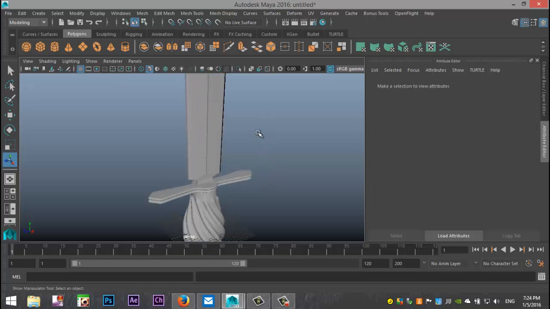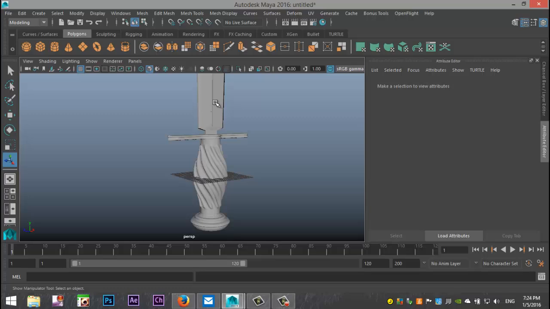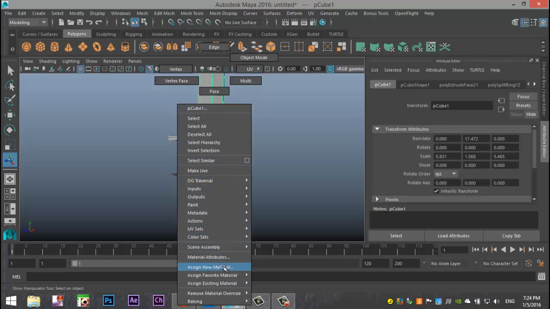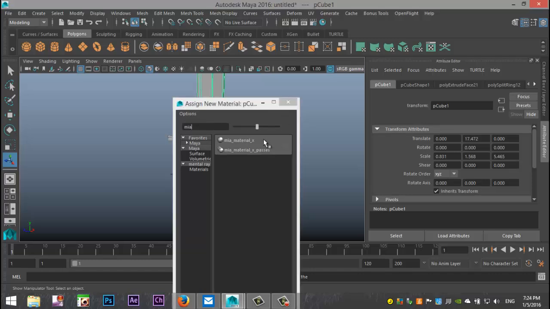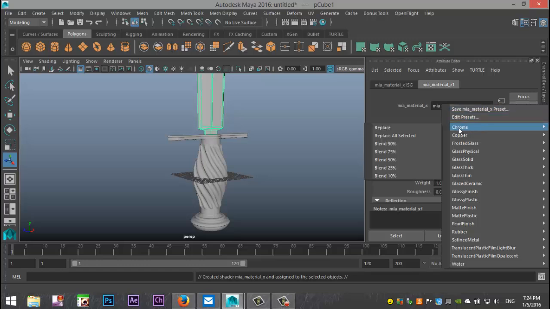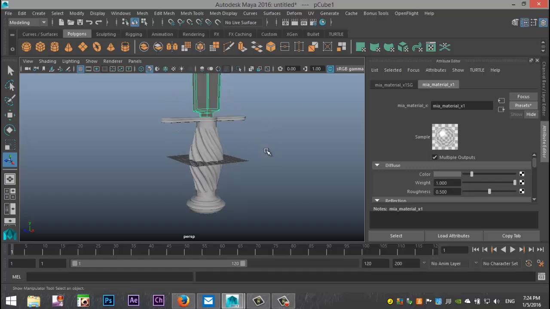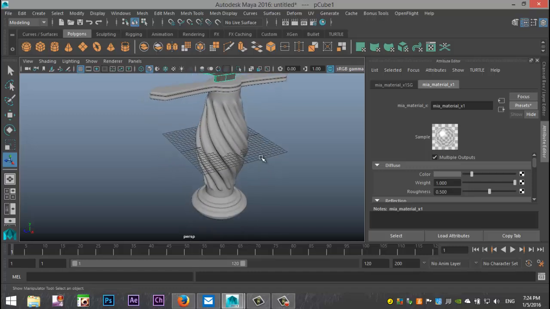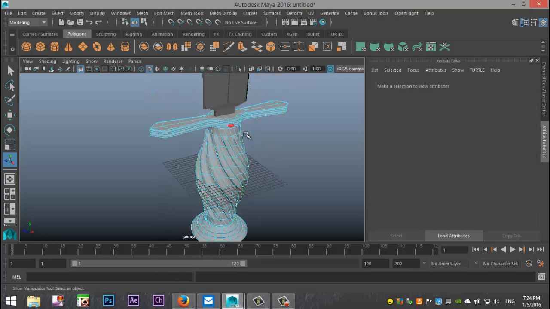Okay. And let's make this thing nice and fancy. So we'll take the blade, right-click assign new material, MIA material X, material tab, presets, chrome, replace. And what we'll do with this guy is we will take the handle up here, right-click face,